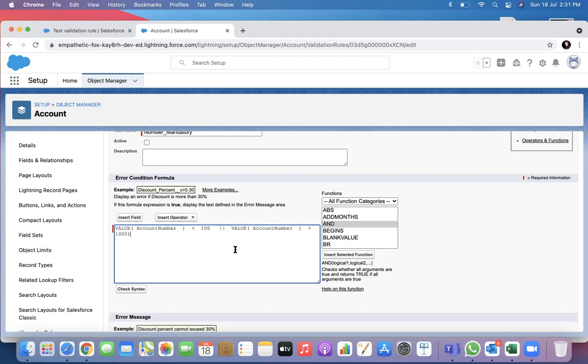Now let's look at this formula once again. If the account number is less than 100 or the account number is greater than 1000, I should block it, right? Yes, sir. That is the validation. So you can write it in many, many ways. Please know that. Okay. So you have to be crystal clear on the logic part and how the not and